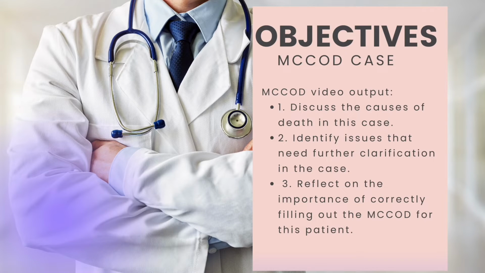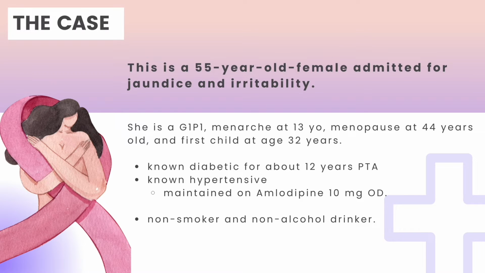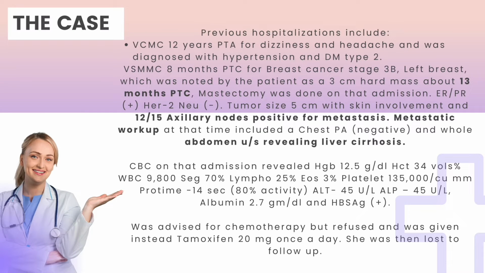This is a case of a 55-year-old female admitted for jaundice and irritability. She is a G1P1, menarche at 13 years old, menopause at 44 years old, and first child at age 32 years. She is a known diabetic for about 12 years prior to admission, known hypertensive, maintained on amlodipine 10 milligrams. She is a non-smoker and non-alcoholic drinker. Previous hospitalizations include BCMC 12 years prior to admission for dizziness and headache, and was diagnosed with hypertension and diabetes